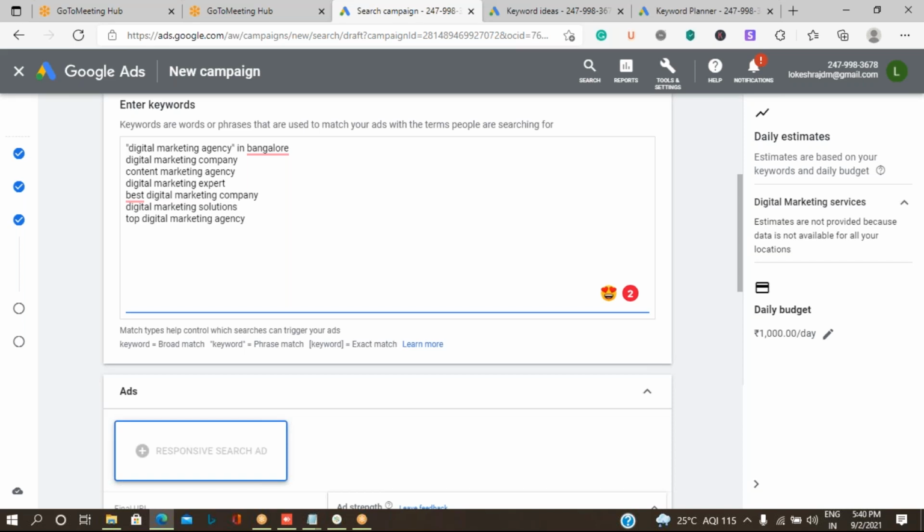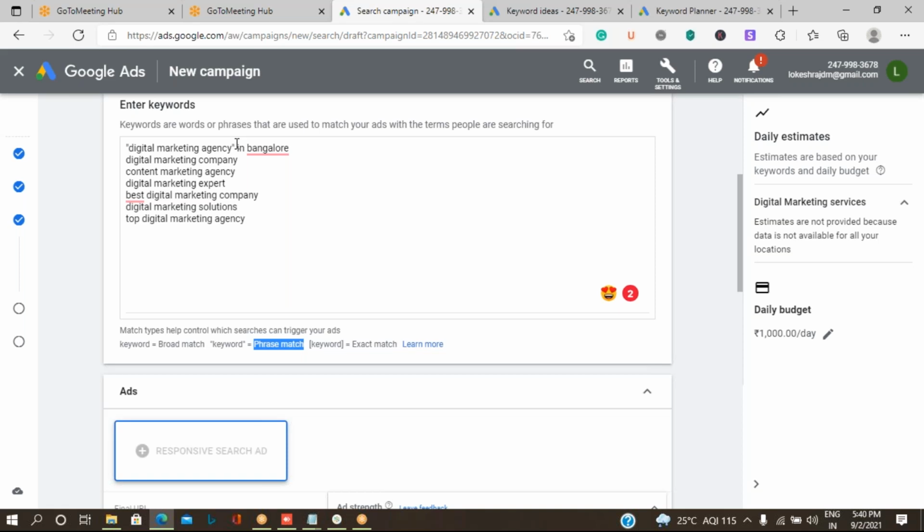But I want the people who write the keyword as digital marketing agency, and then only my ad has to be shown to them. If you specify like that, then you make that keyword a phrase match keyword. If you write those words in double quotes, then it is considered a phrase match keyword.